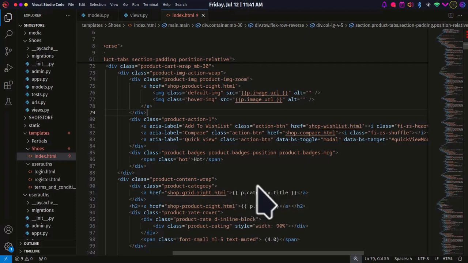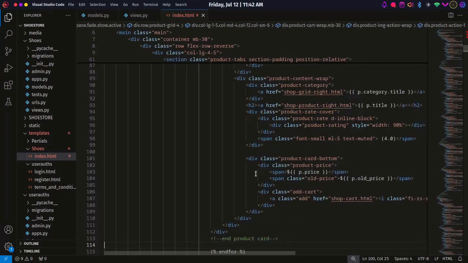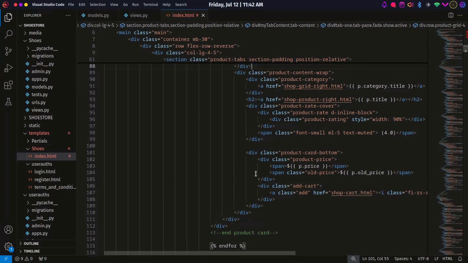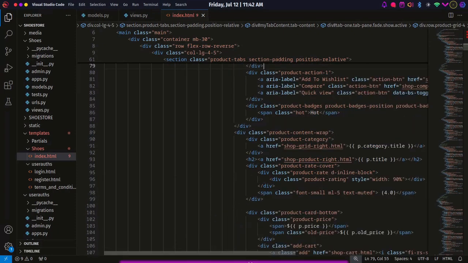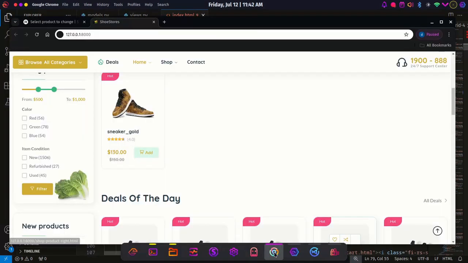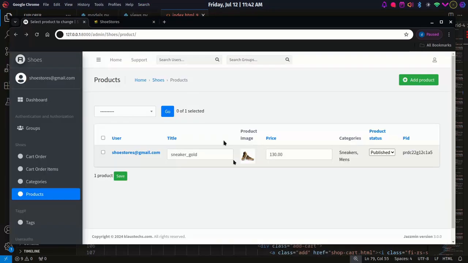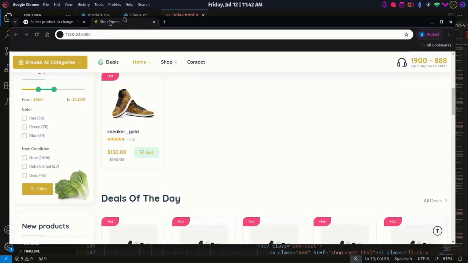When I was doing this, I was using a context processor. I'm going to show you that later on the second tutorial. On the second video, don't worry about it. For now, just leave it like that. We're going to deal with it later. But all these other fields are showing, like the title, the images, the price. So we can just leave it like that. Everything looks good. So let's just add another product from our admin, and let's see whether it's going to